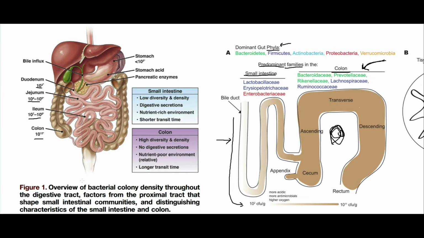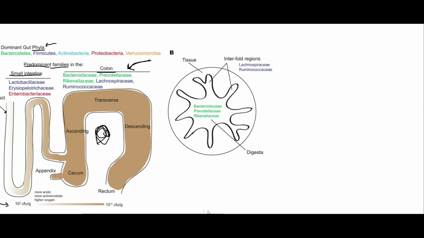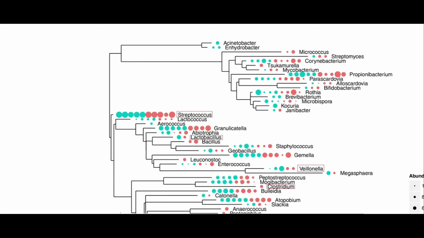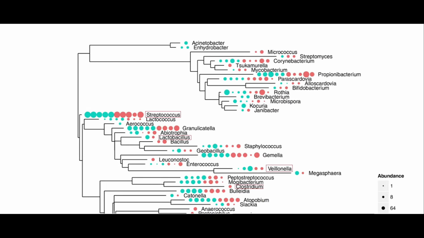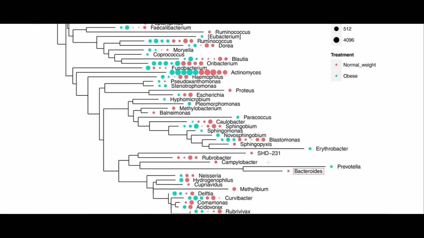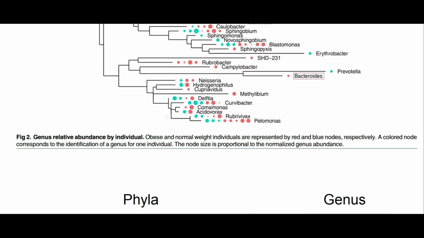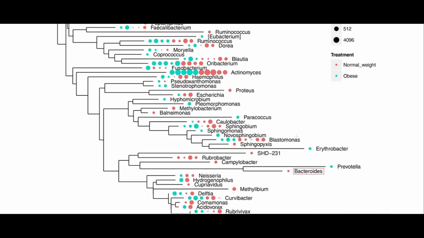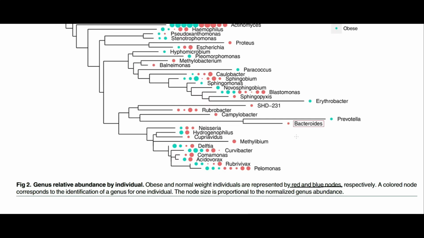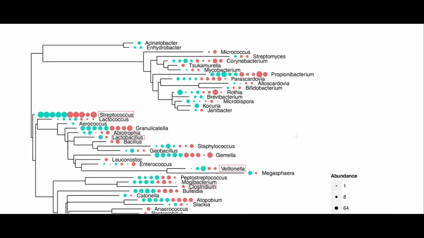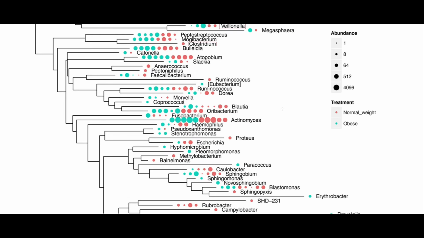And so I also found this over here, which is this huge, well, I think it's actually more of a genus tree. I was going to call it a family tree. So this is looking at obese and normal weight individuals, represented by red and blue nodes respectively, and the size of the node is how much they found in their sample here. And so you can see that even the sizes of these vary quite a bit between all these